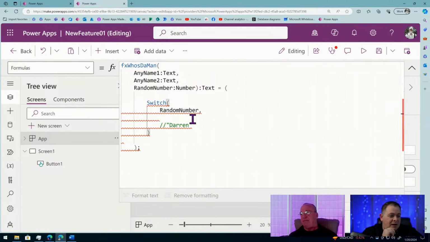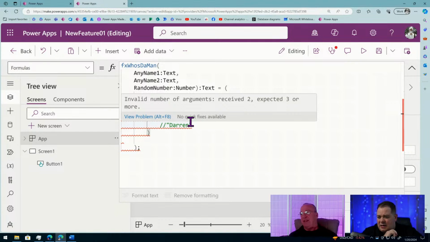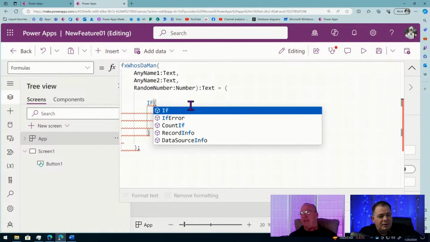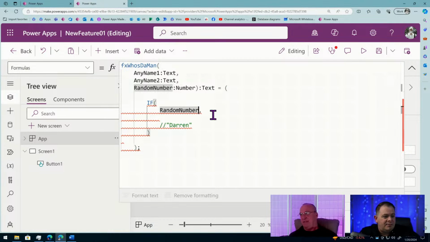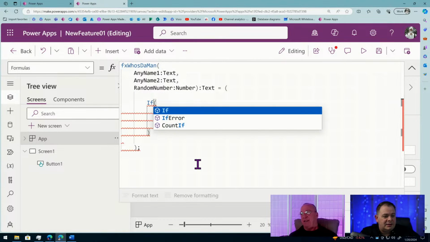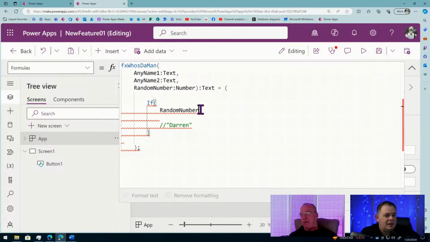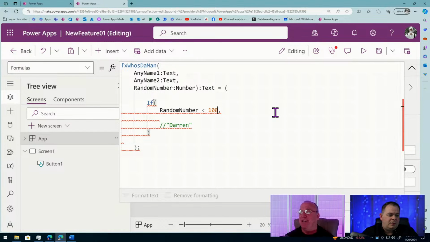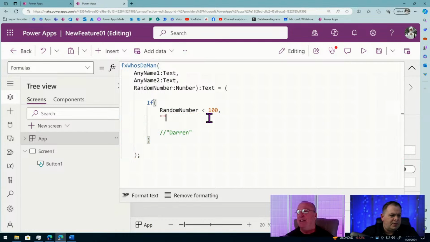I'm going to be honest, if we were doing an if, I could say if the random number, well, of course I have to spell if, lowercase, that's important. If that random number is below 100, then I'm going to return Kurt. Below 50. If you're below 50.